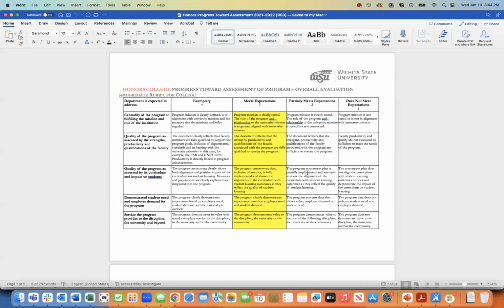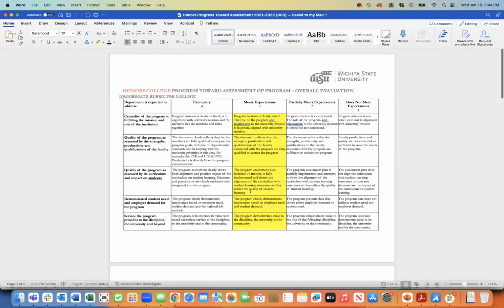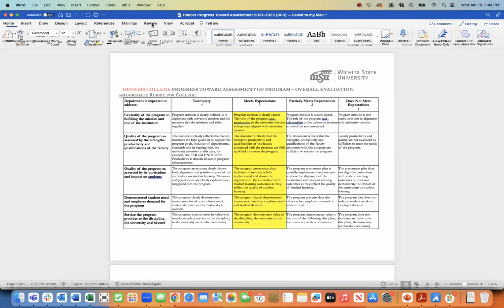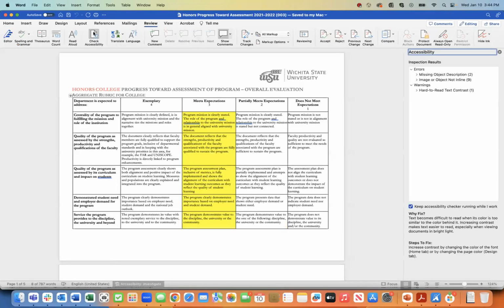In this tutorial, we're going to look at one more important element in accessibility. We're going to look at color contrast. So here we have a document pulled up, and I'm going to go over in my review tab and open my accessibility tool set. And it's got some issues, but what I want to focus on here is this one